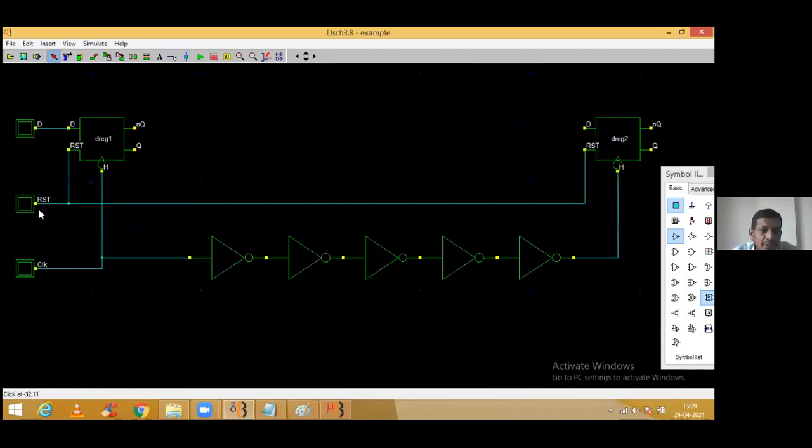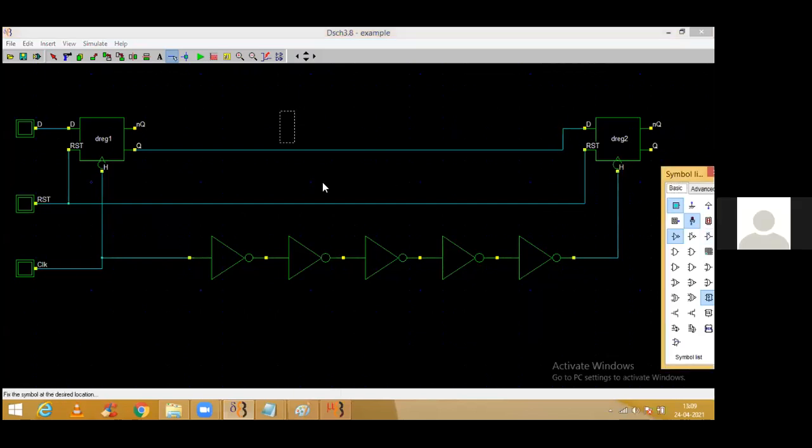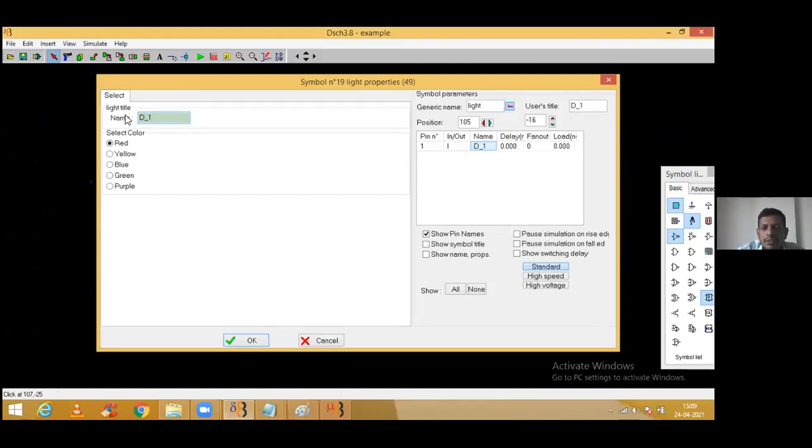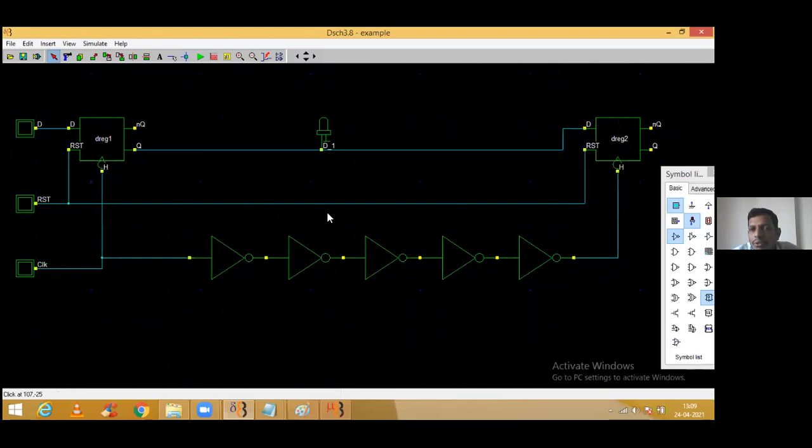Depending on this clock, on every instance, whatever D I'm having over here will come out with this value. Am I right? Qn and Q. I'm only using data out over here. We'll apply one LED, called D1. Let's have a close look. What you need to observe is the effect of this on this D and the final D, what I'm having over here.